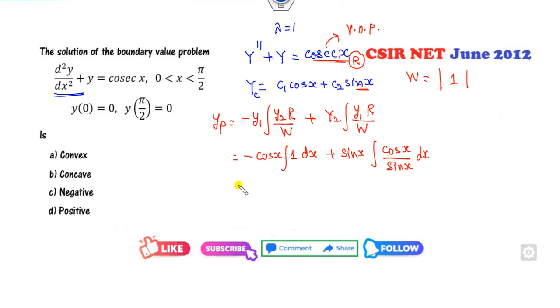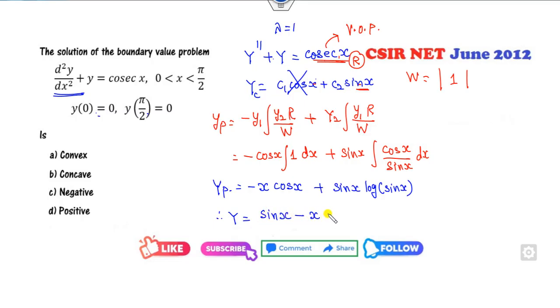So what is the answer of this? Minus x cos x plus sin x log of sin x. Fine, this is my yp. Then if you apply the initial conditions, you will get c1 is 0, c2 is 1. So your solution will be sin x minus x